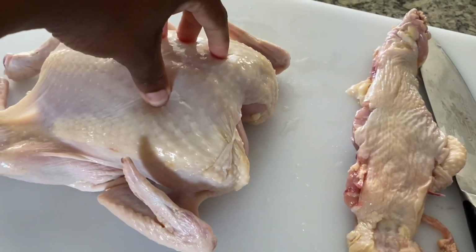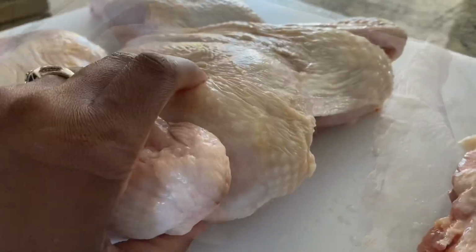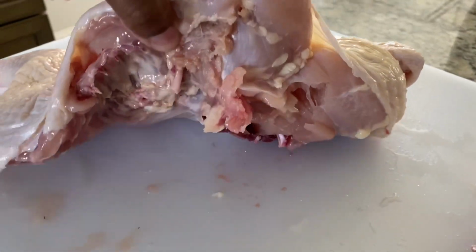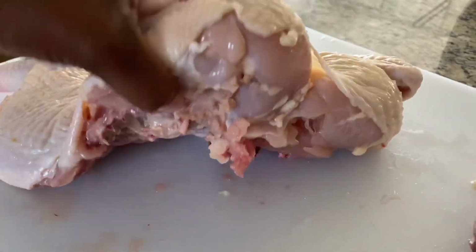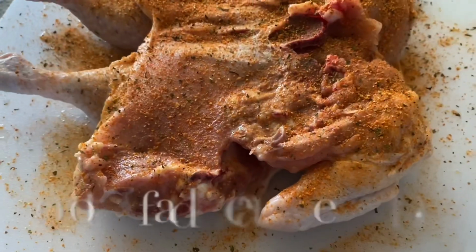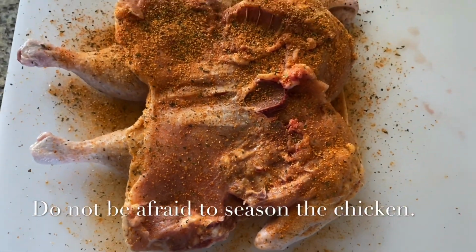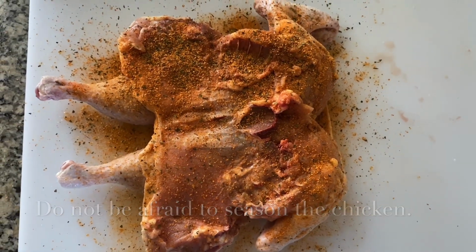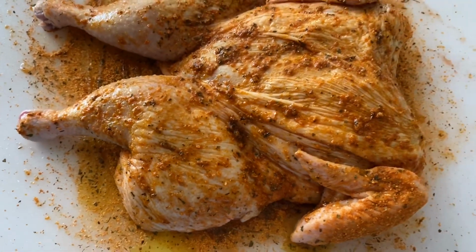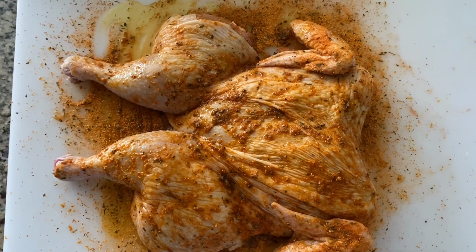And you're going to notice it's a little firm, right? We're going to crack that and make it lay completely flat. And this is the sweet spot for cooking it all evenly. Flip it over on the bottom, season it really heavily. Don't worry about over seasoning it, you'll be fine. Flip it over on the other side, drizzle some olive oil and season it heavily and rub it around nice